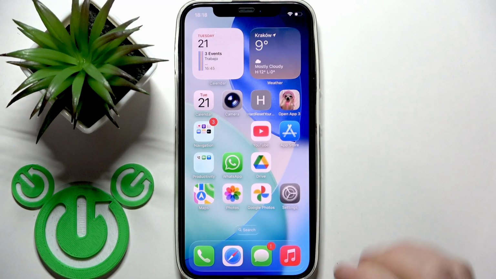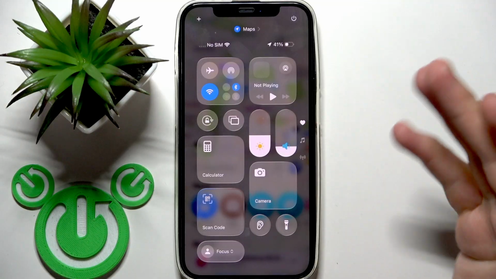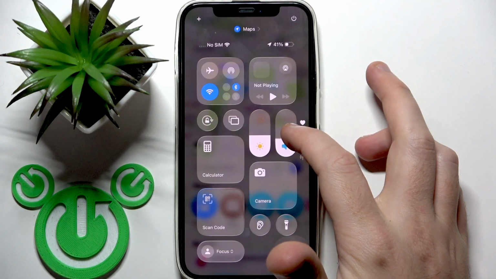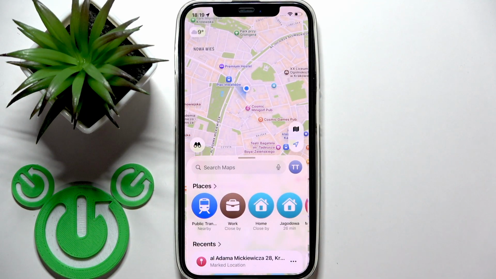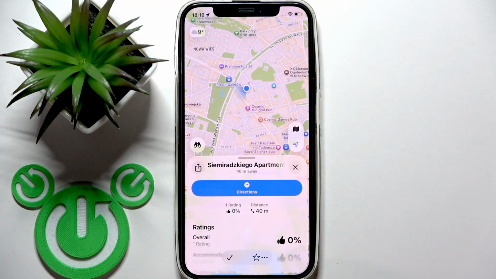Firstly, I recommend opening Apple Maps and checking if you have audio enabled. Maybe you just turned it off, so just increase the volume. Also, maybe the problem is that you muted the sound. So in Apple Maps, select some direction, let's say to work,